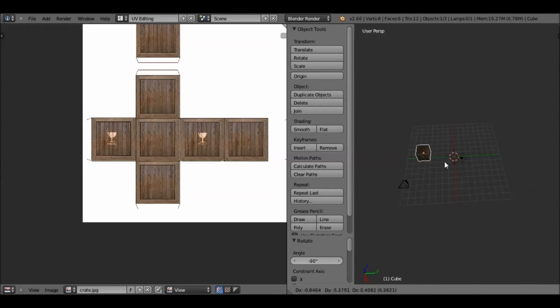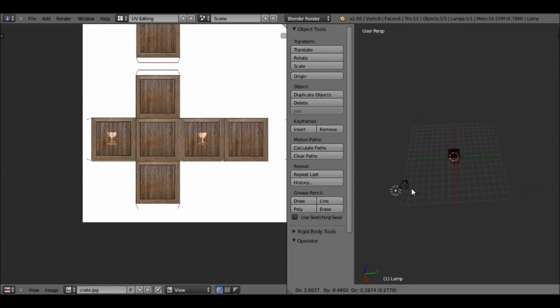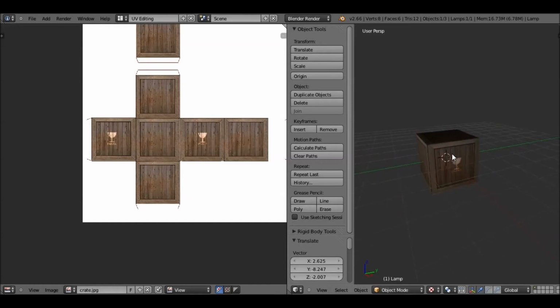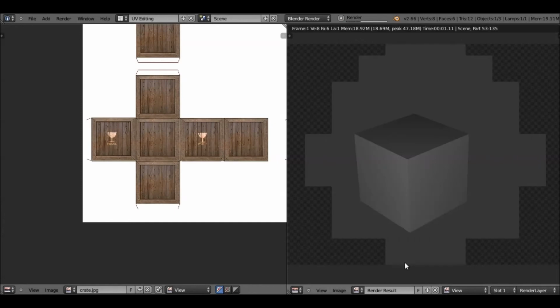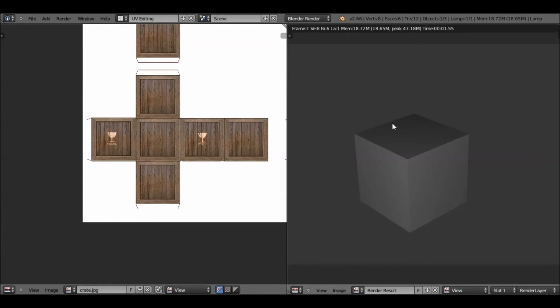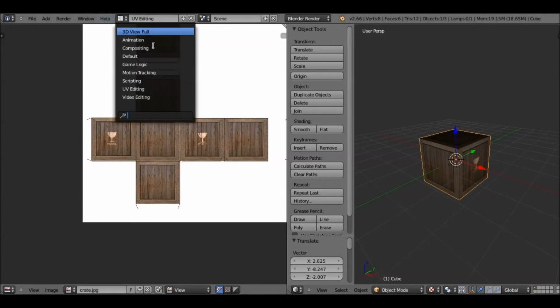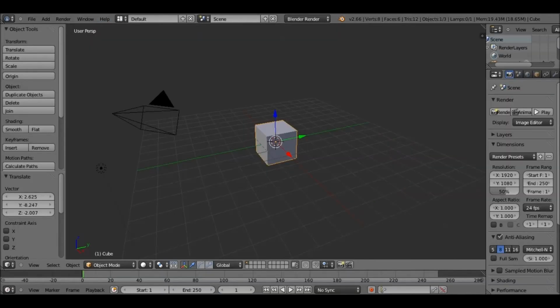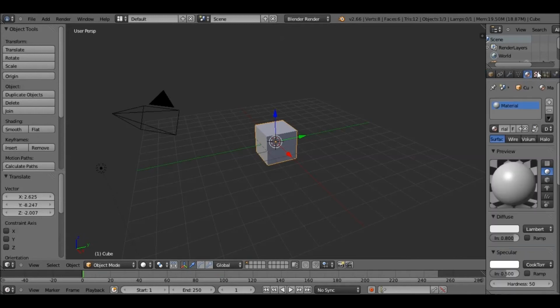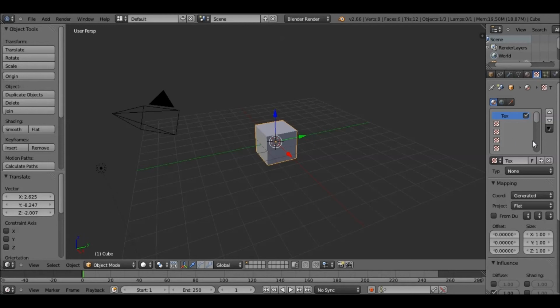Now, of course, when UV mapping, you want to put your lighting in the right area because you want to actually see this. The last thing we're going to do is actually apply this to the object. And what I mean by that is if I hit F12 right now, you don't see anything. That's because it's not actually applied to the object. It's applied to each of the edges. So we're going to go back into our default view, make sure the cube's selected, scroll over to material, make sure there's a material there, and then go to texture, go down,